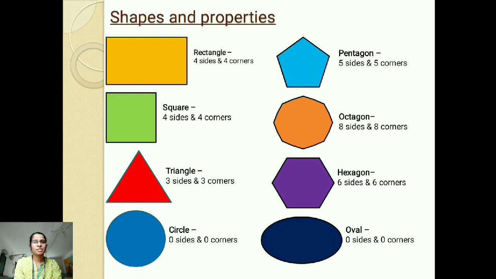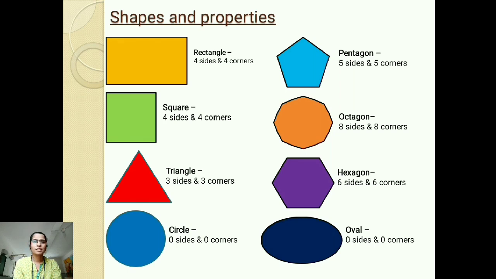But what is the difference? Yes, you all know it, that a rectangle has opposite sides equal, as the lengthwise is the same and widthwise is the same. Length is the longer side and width is the smaller side of a rectangle. And in a square, all the sides are equal. Now coming to the triangle, it has 3 corners and 3 sides. Pentagon has 5 corners adjoined with 5 sides. You can see an octagon shape which has 8 corners joined with 8 sides. Hexagon is 6 sides with 6 corners.